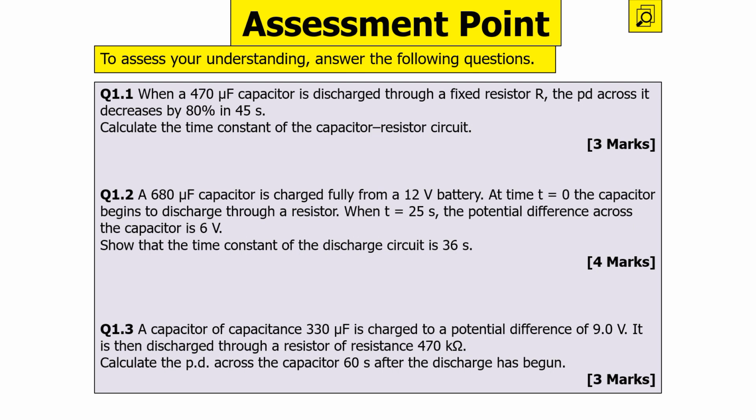Then a 680 microfarad capacitor is charged fully from a 12-volt battery. At time t equals 0, the capacitor begins to discharge through a resistor. When t equals 25 seconds, the PD across the capacitor is 6 volts, so that the time constant discharge is